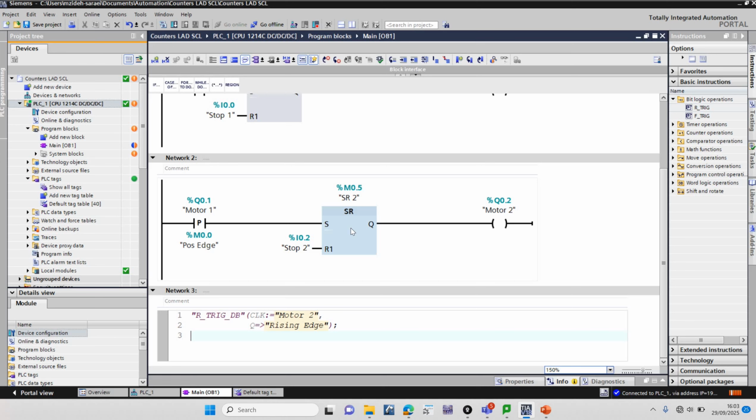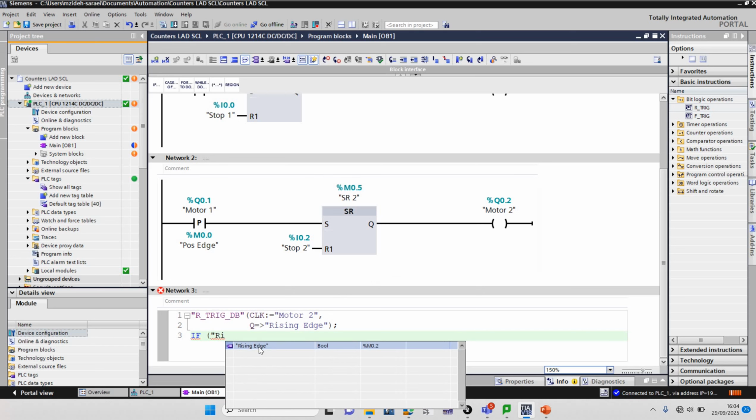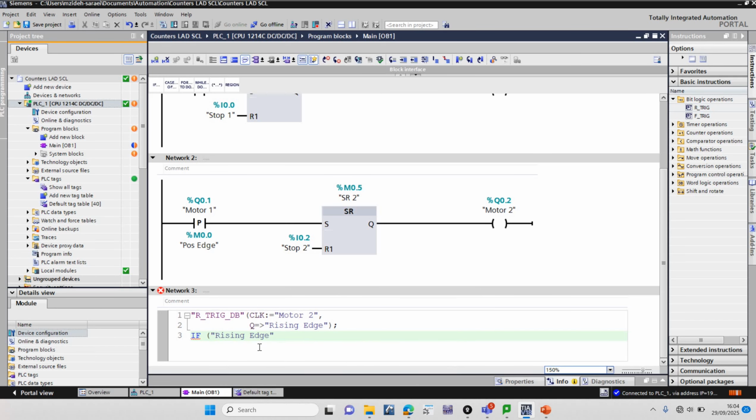We need to create an if function. We say if rising edge is equal to true, if the rising edge is equal to 1, and